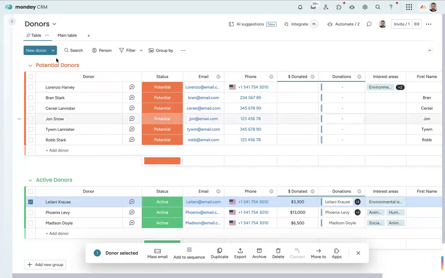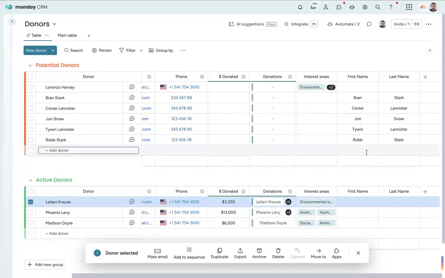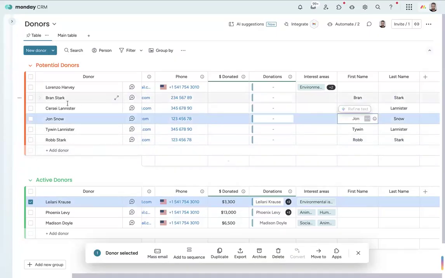So I do like having the donor's full name in this column and then having another column for first and last name. It's not critical, right? You could manage with John being in this column and Snow being a second column. You could manage without first and last name being separate, but I think it just gives you the ultimate flexibility. And if you are bringing in data from other places, you can usually set it up that way right from the beginning. But yeah, wouldn't worry too much about that if it's just not possible.